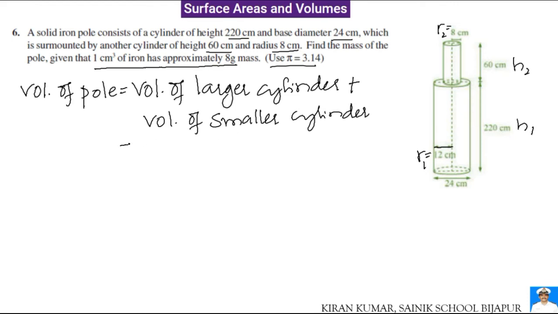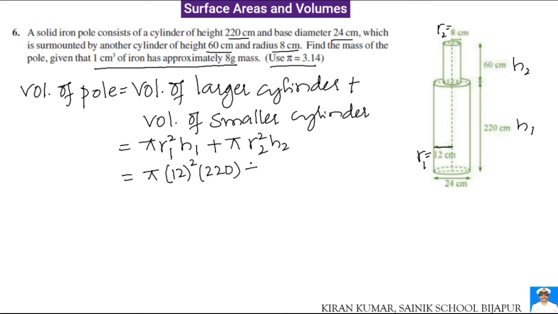Volume of the larger cylinder is pi r1 square h1 plus volume of smaller will be pi r2 square h2. Let's simplify. Pi times 12 square multiplied by 220 plus pi times r2 square, which is 8 square, times 60. So we get pi times